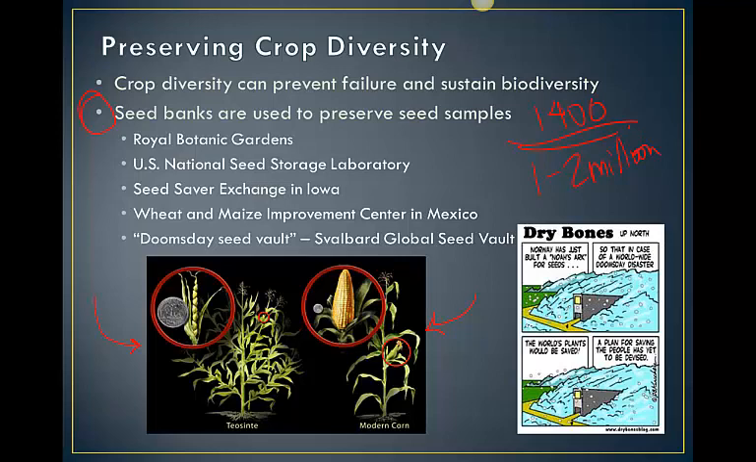I've listed some of the names of the most common seed banks just to be familiar with them in case they come up on something. Royal Botanic Gardens in England. The US has our National Seed Storage Laboratory that's in New York. There's a Seed Saver in Iowa that keeps all the different types of plants. Mexico, we read about this at the start of our chapter. They have the wheat and corn improvement center. The one that's probably the most famous seed bank is in Norway. It's called the Doomsday Seed Vault. And there's a little cartoon here about it. It's actually set in the side of a glacier in Norway, and it is said